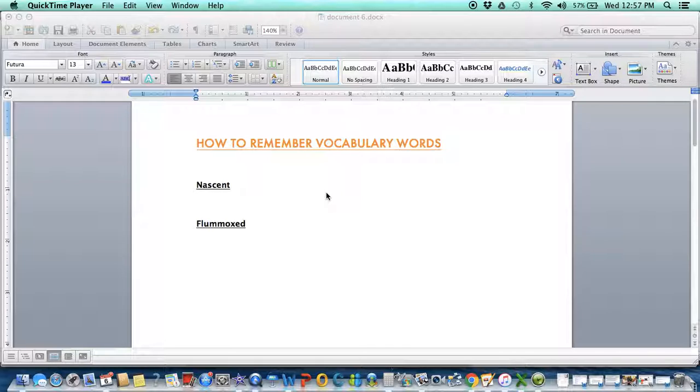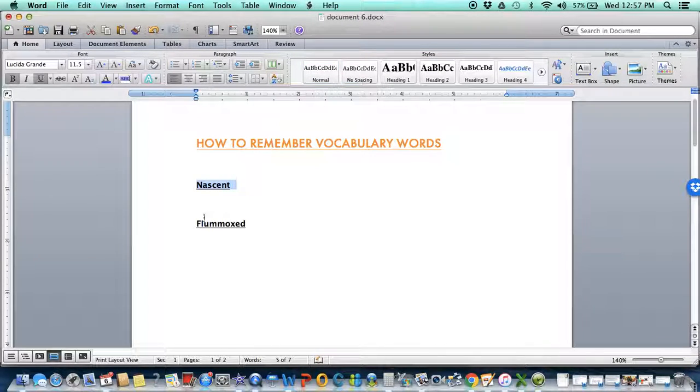So we're going to go ahead and get started. These are the two words we're going to use, nascent and flummoxed. And I very randomly picked these words. I've done this strategy with hundreds of words, and so you make a way for every single word. So if you ever have a teaser or a word that you're not sure how to do this with,